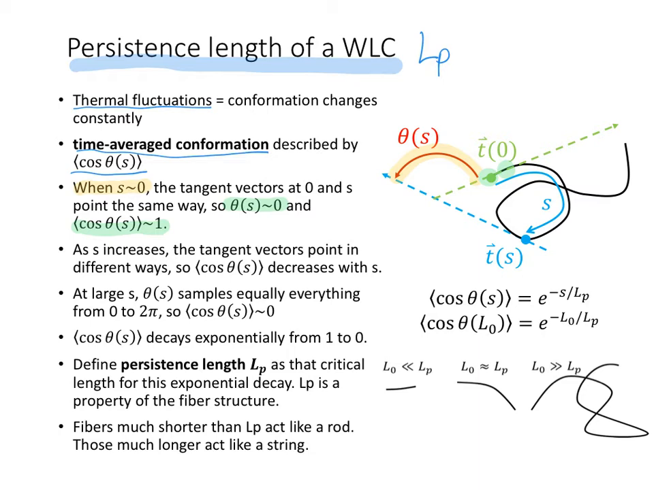But as S increases, the tangent vectors point in all sorts of different directions. So cosine of theta is decreasing with S until at large S, your theta of S will sample equally anything from 0 to 2 pi. That is, it can be pointing in any direction at all. So your tangent vector might be pointing equally likely in any direction independent of where the initial theta of 0 is. And so the average of this theta of S that now becomes the cosine theta of that is simply 0,